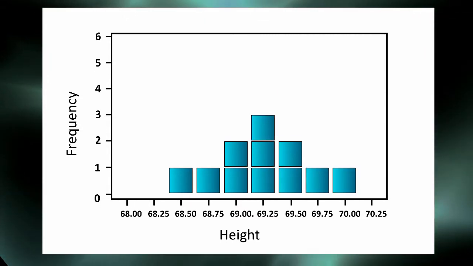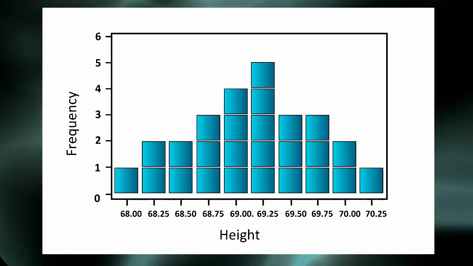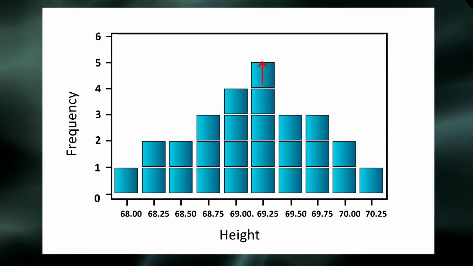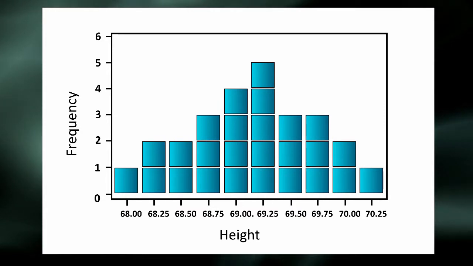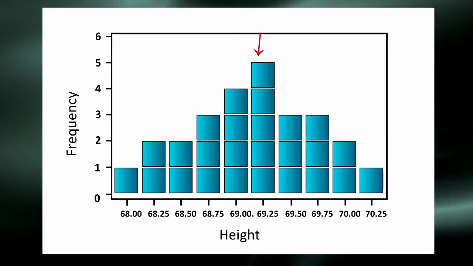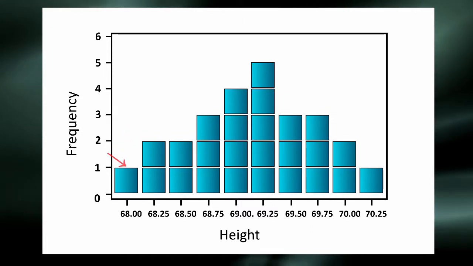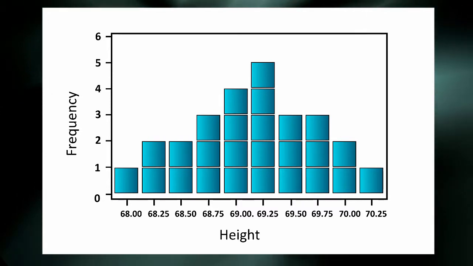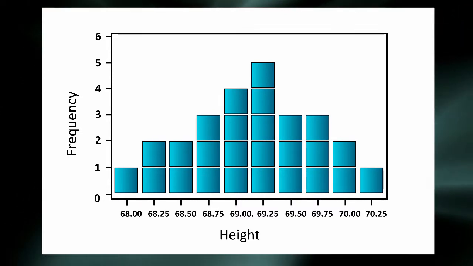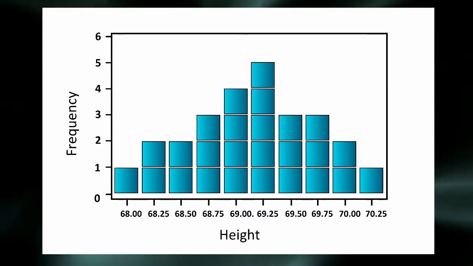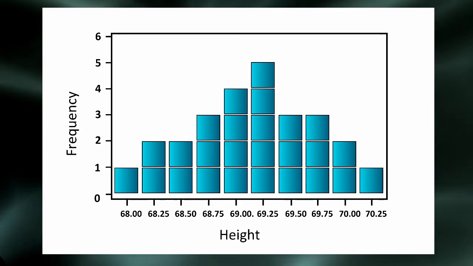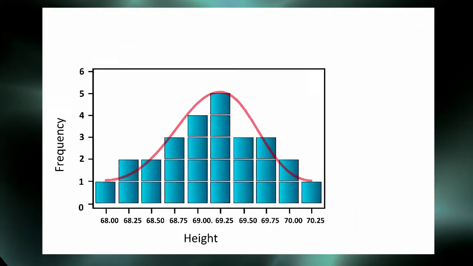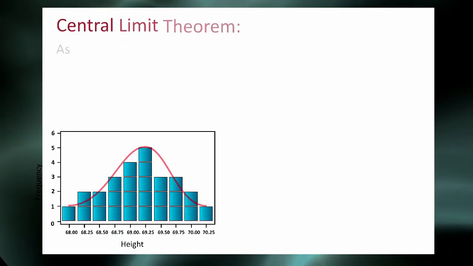As we continue to plot the mean height of each random sample, a pattern would begin to emerge. Notice how there are more sample means at 69.25 inches than at any other length. Notice also how, as the length becomes larger or smaller, there are fewer and fewer sample means. This is a characteristic of the sampling distribution, whether we're measuring the mean of a quantitative variable or the proportion of a categorical variable or any other sample statistic. That is, as we draw more and more samples, the distribution of the sample statistics will become more and more normally distributed. This result is known as the central limit theorem,